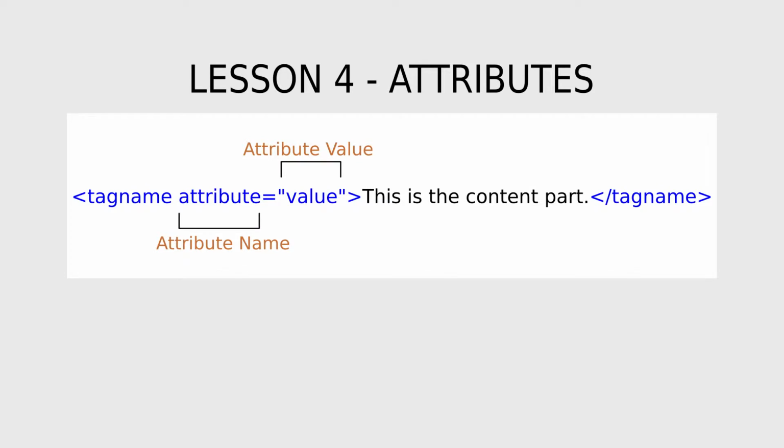In the previous lesson, we learnt about how elements are used for representing different types of content. Many web pages have several elements that are of the same content type. For example, there can be multiple paragraphs in a single web page. Normally, all of these elements behave and look in a similar manner.